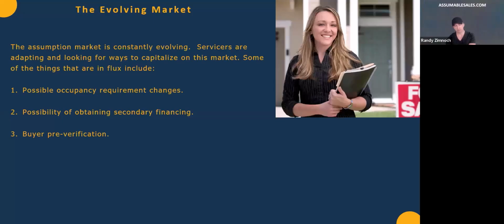Craig, this could help on the selling end too, right? For sellers, because if they are in connection with you and they go to market the property as assumable, they could tell their agent, hey, I want the buyer to come pre-verified. Yeah, it could be beneficial to the seller for sure, just so that they don't miss any market time with a buyer who's not going to be able to get through our vetting stages in the transaction. But we do that so quickly, you're not going to lose a lot of market time anyway, as long as people are quick in getting us our requirements and what we need to vet them. So, we're excited about it.